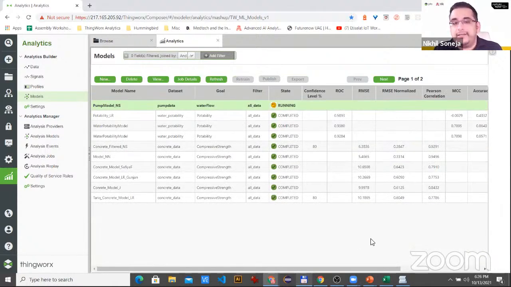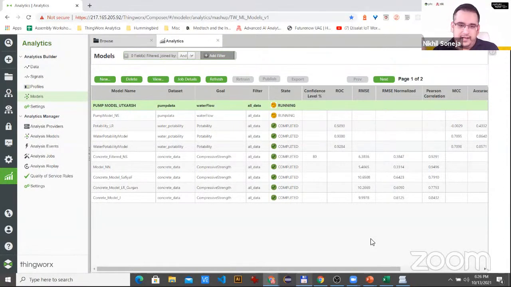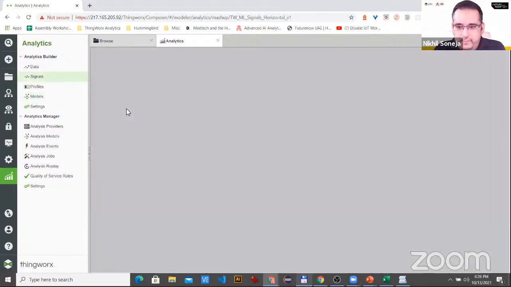Now, this is going to take some time. If you are running this, it could easily go up to a minute, if your machine is slow, especially since we're running it on that. So I'm going to definitely leave that on there. It will take time, and we'll come back to this afterwards. So I can see Utkarsh is also working at the same time on that, which is fine. In the meantime, I'll just come back to signals